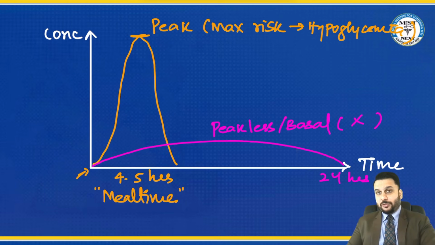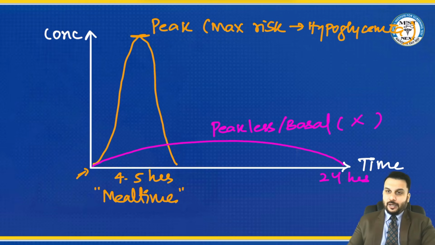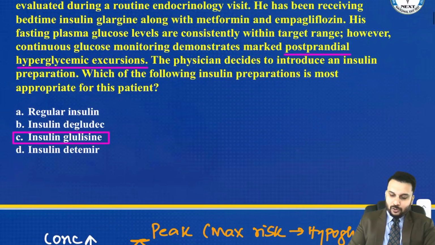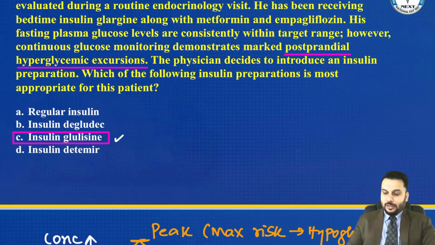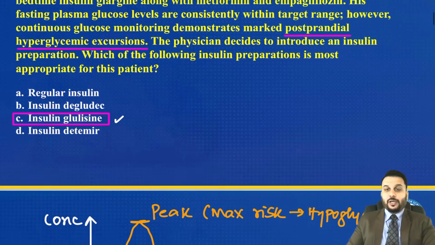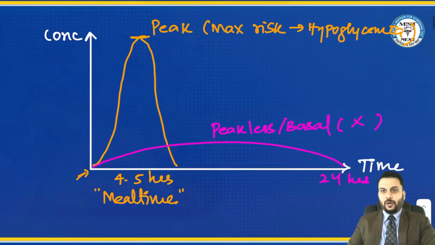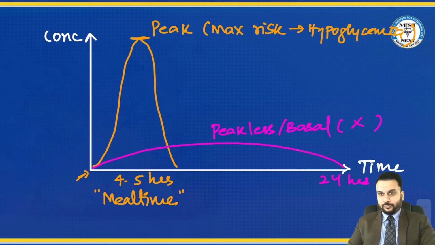Who is having maximum risk of hypoglycemia? They are the mealtime insulins or rapid insulins. What are the rapid insulins? They are so rapid that they don't have any lag. That's how you must remember. LAG means L for Lispro, A for Aspart, and G for Glulisine, the one we had over here. Okay. Now, for example, Degludec, Detemir, these are the insulins which are long-acting insulins. Like they can work even up to 42 hours.